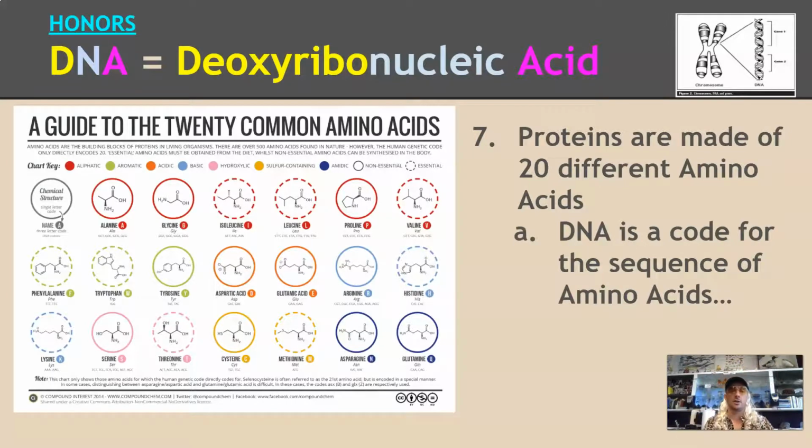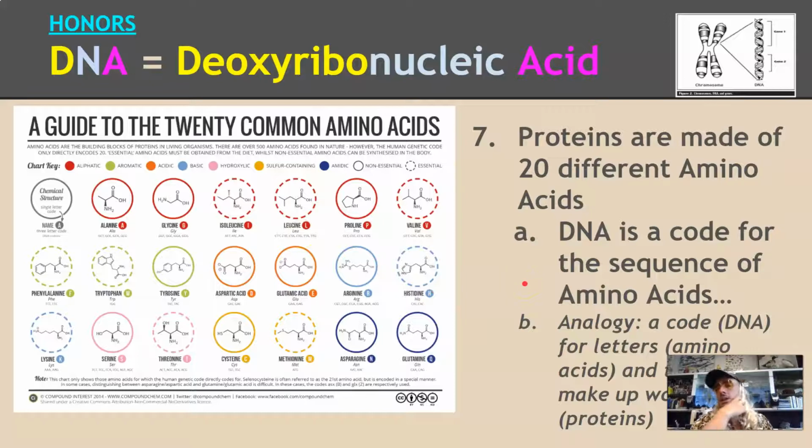And these amino acids can occur in doubles. You can get 10 or 20 or 100 leucines in a row, potentially. And sometimes it's a big variety. It's a mixed bag. The analogy here is that DNA is a code for the letters, the amino acids. And the letters make up words, proteins. It's 20 letters in the alphabet here for proteins. And how you combine those amino acids in different orders and sequences will spell different words. Each of those words is a different protein.